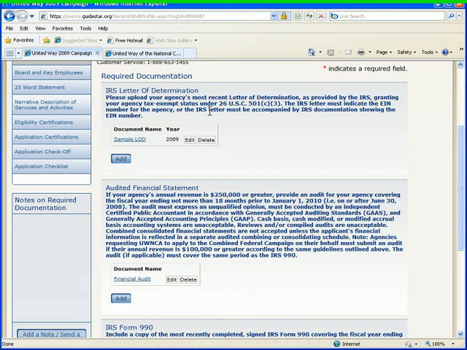Local organizations that are part of an IRS group exemption must provide a copy of the IRS letter granting that group exemption, as well as the list of subordinates that are covered by the group exemption. The EIN on the applicant's IRS Form 990 must match the EIN on the IRS letter of determination. Bona fide chapters or affiliates of a national organization that do not have an IRS letter of determination for the local organization must provide